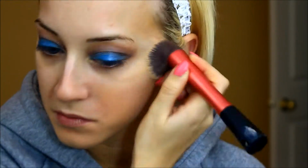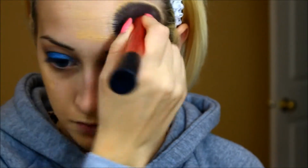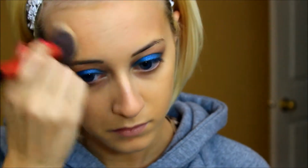Then I'm going in with the Benefit Hello Flawless Oxygen Wow Foundation. And I'm not sure what shade this is, but I will link it below for you guys. This shade is a little bit too orange for my skin tone. But since I've been self-tanning, it's been matching my skin tone. So I'm just taking a Real Techniques buffing brush, and I am just applying that all over my face in